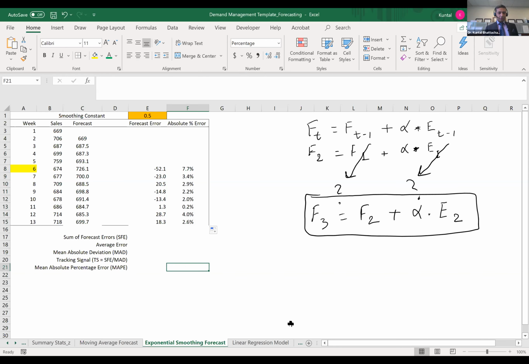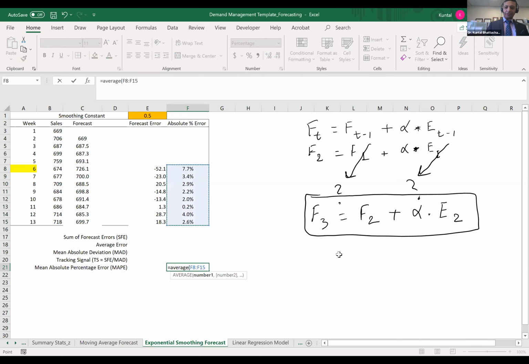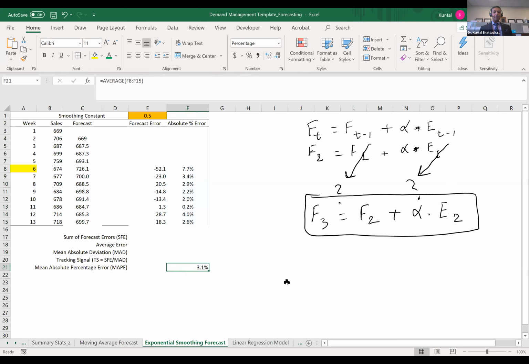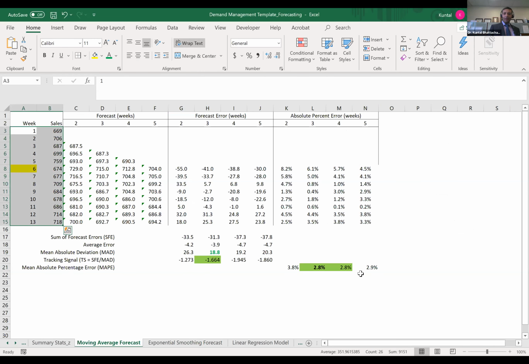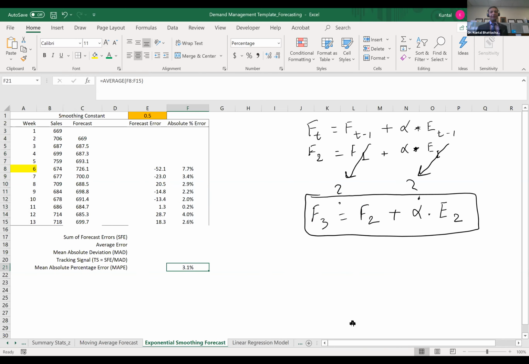And then when you come into MAPE, or the mean absolute percent error, all you do is type in average and take the average of those absolute percent errors, close the parenthesis, hit enter, and that turns out to be 3.1%. Okay, that's your mean absolute percent error, 3.1%. Now, if you are comparing with the other ones, 3.8, 2.8, 2.8, 2.9,